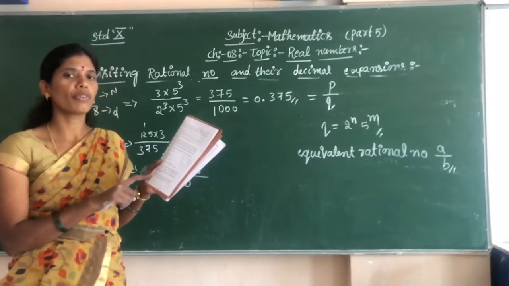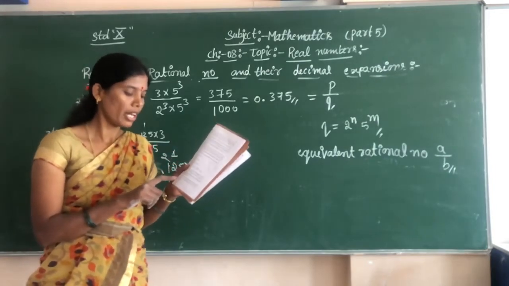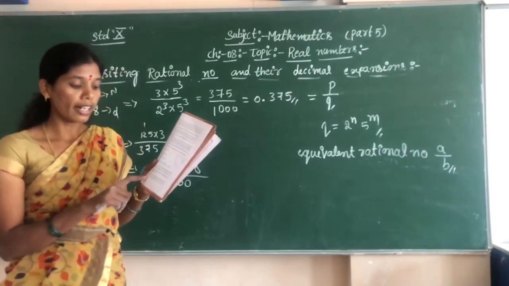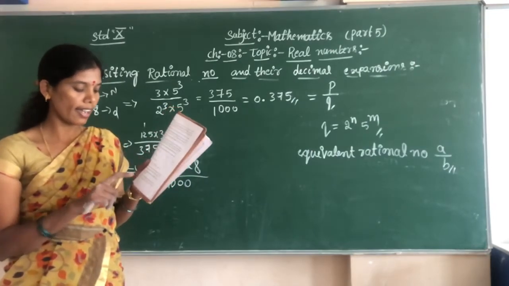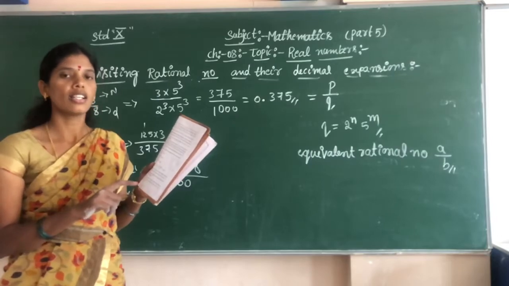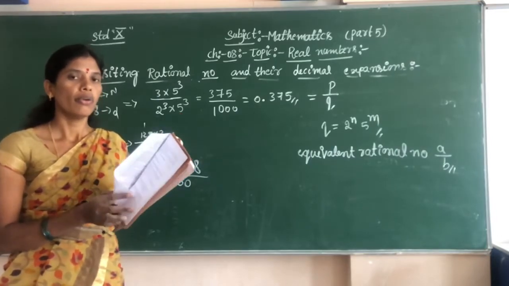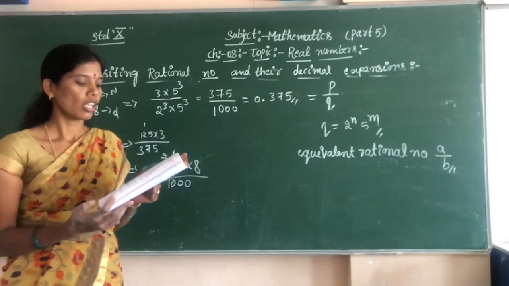Q is in the form of 2 to the power of n and 5 to the power of m, where n and m are non-negative integers. Then x has a decimal expansion which terminates. Okay, children, we should copy that. Now next,